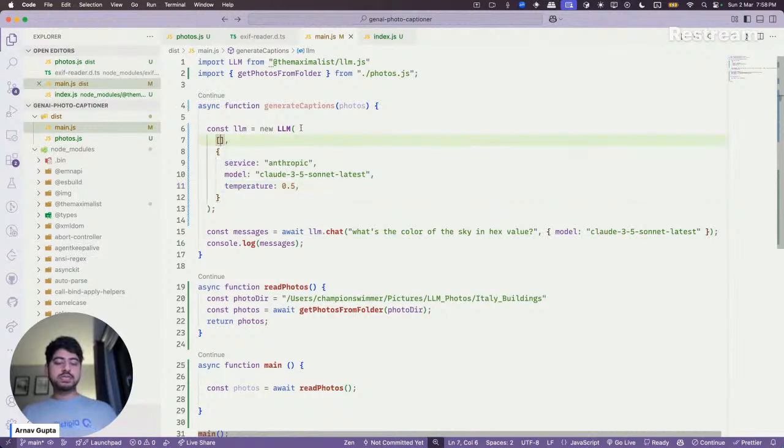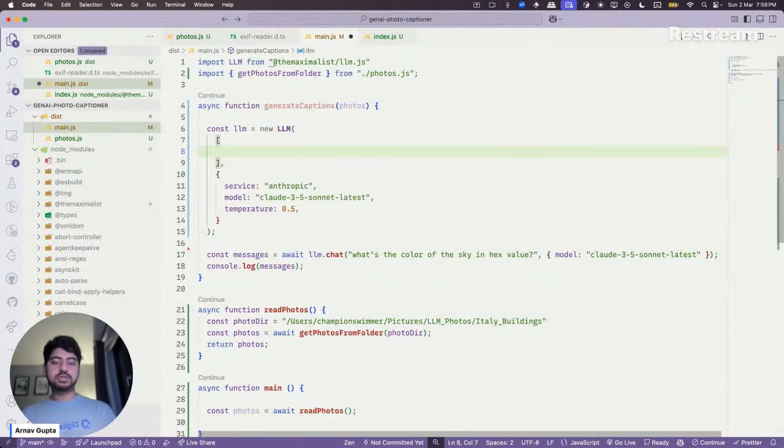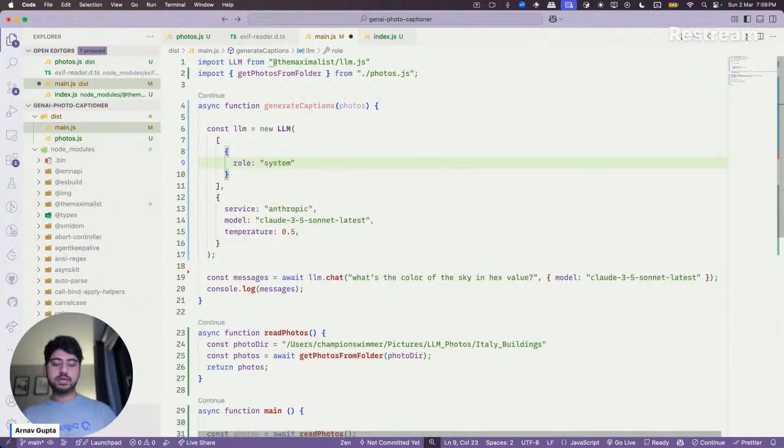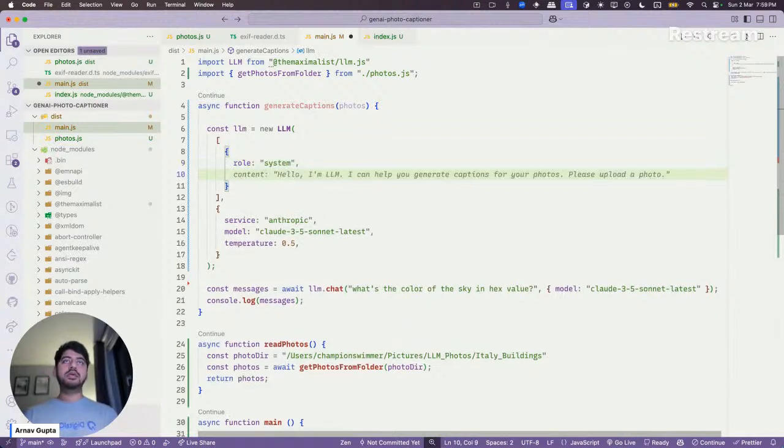So in messages, I think we want the first message to be role system, and that will be: you are an expert.